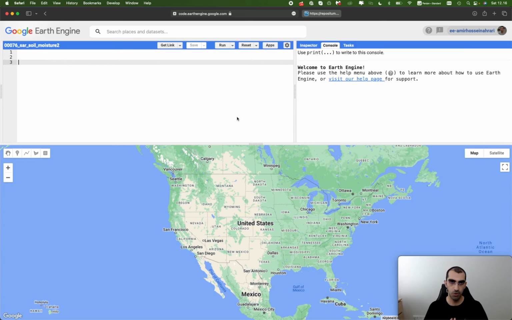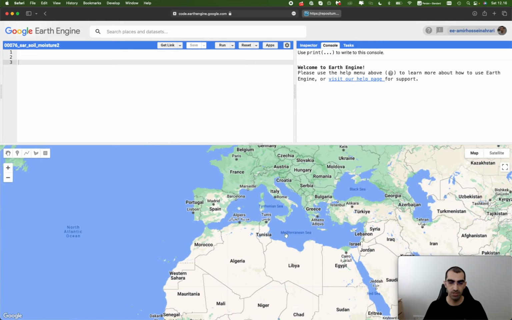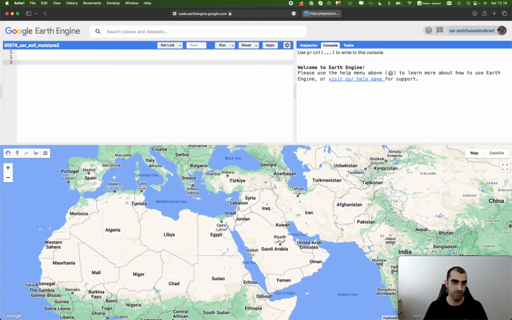As you know, soil moisture is a very applicable criterion for agricultural regions. That's why I'm going to use a farmland to do the calculations. You can use any region all around the world because this tutorial is not limited to one specific region of interest. I'm just using a part of Iran because I'm from Iran